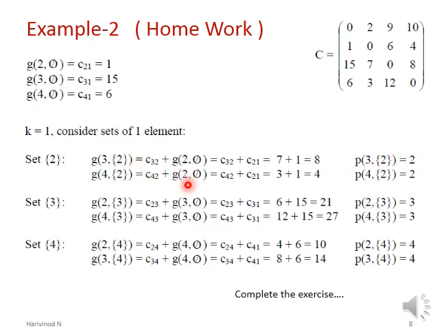In the future steps, there will be 2 or 3 choices. Whenever we have 2 or 3 choices here, the one that results in the minimum value, that one we are supposed to write here. So repeat this for set S as 3, set S as 4, and continue with the next iterations. In the next iteration, you are supposed to take the intermediate vertices, 2 vertices in set S, and you start from 2, 3, 4. So complete the exercise as a part of the homework.